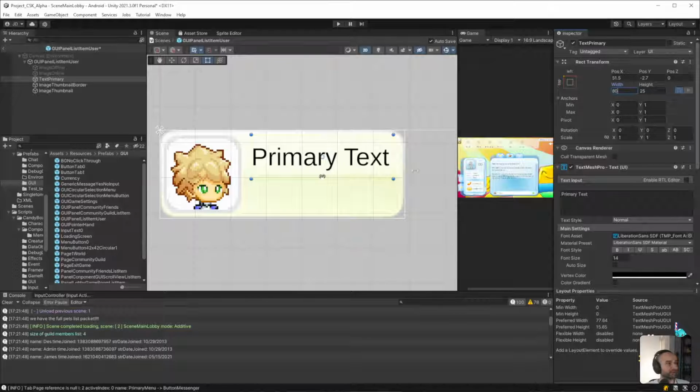I don't think we're going to have any users with that long of names anyway. That's a fair number of characters that you can fit into there. And it won't wrap. So, okay, so position X, let's move that back a tiny bit more.